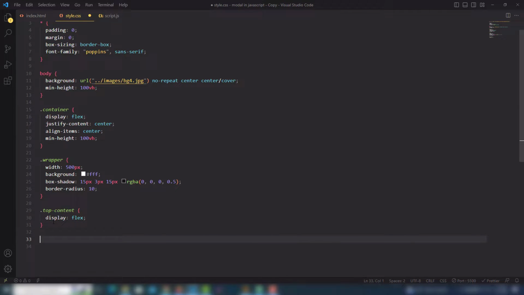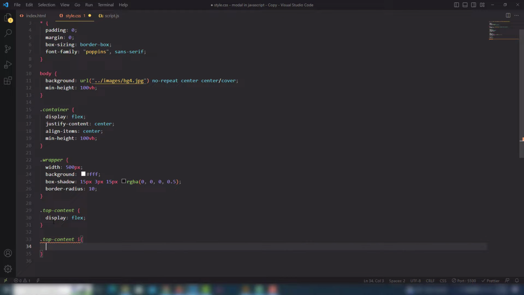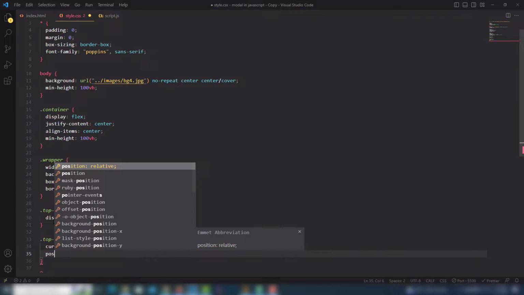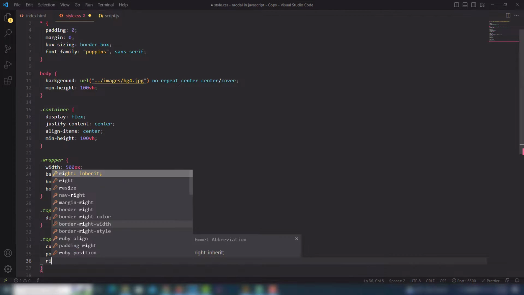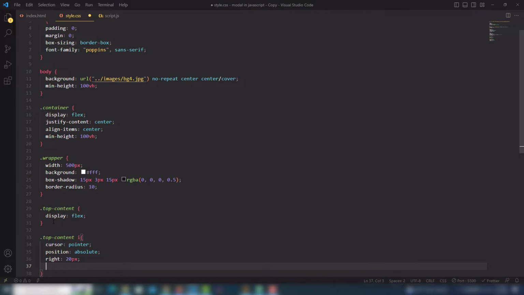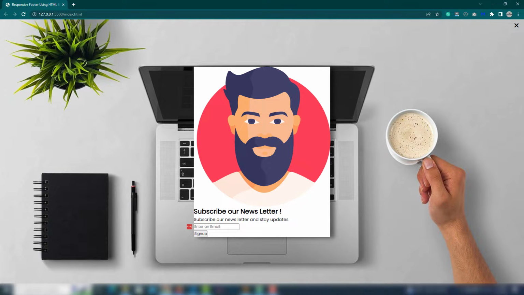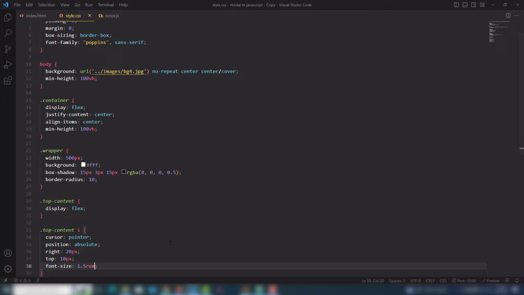So I'm gonna select the top content I tag, and the I tag I will use the cursor will be pointer, and position will be absolute. Right, I will use 20 pixel, and top I will use 10 pixel. Font size I will use 1.5 rem. So, and look at that, it appears in the top of my main page, but I need to use